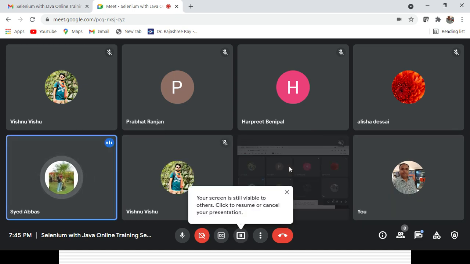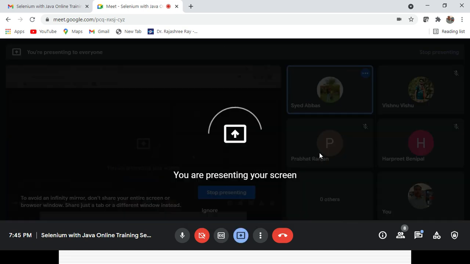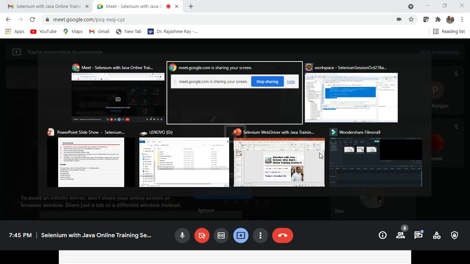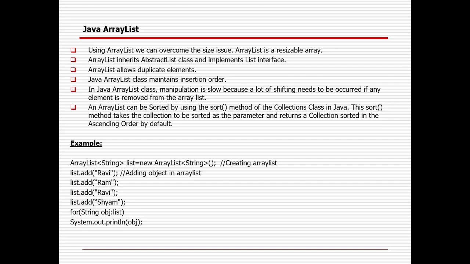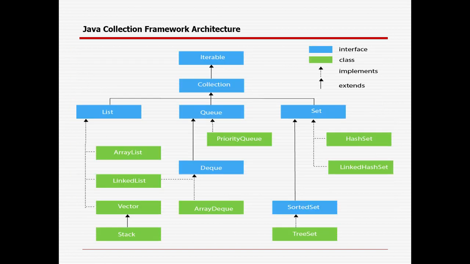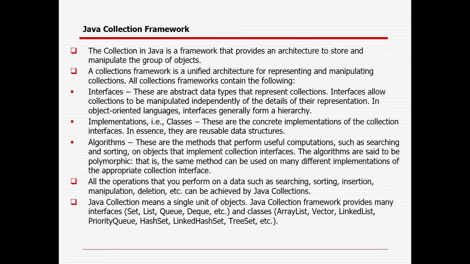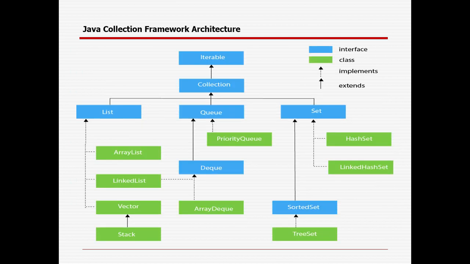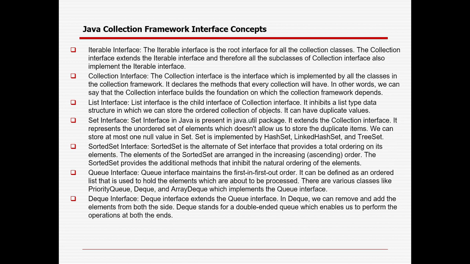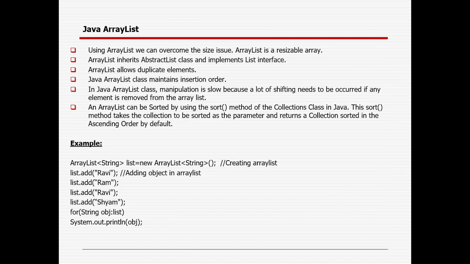So that is the different points I have tried to depict here, but you need to understand the basic three slides so that you can easily understand the different classes available in the collection framework: interfaces, implementations and algorithms. This is the structure of the collection framework, and these are the different interfaces you need to understand so that you get a high-level overview of the objective of each class. As ArrayList implements the List interface, it takes all the advantages of the List interface. So it allows duplicate elements and maintains the insertion order.